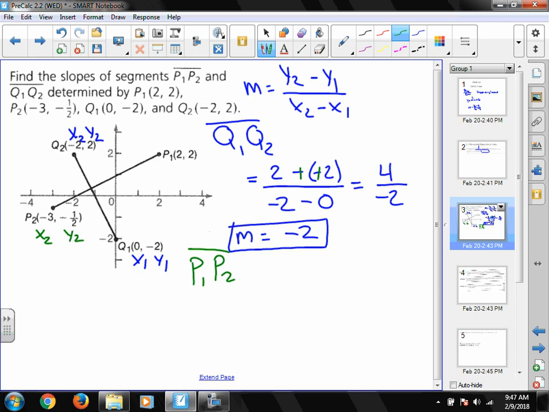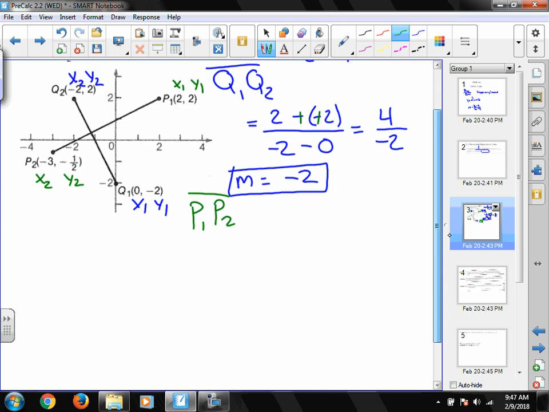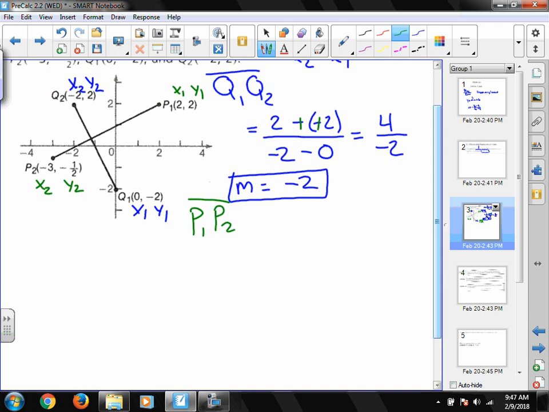Label x sub 2, y sub 2, x sub 1, y sub 1. Again, you can switch those around. It doesn't really matter which one you consider point 1 and point 2. But we plug into our slope formula. I get negative 1/2 minus 2